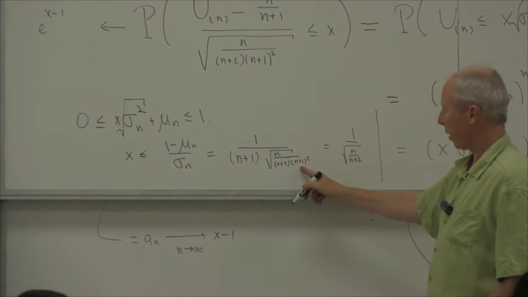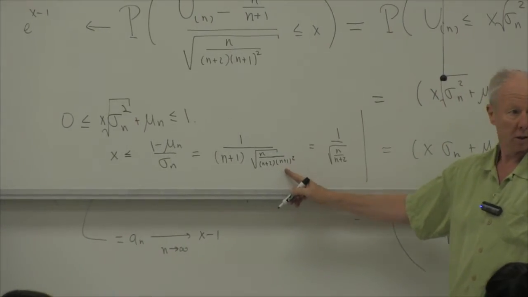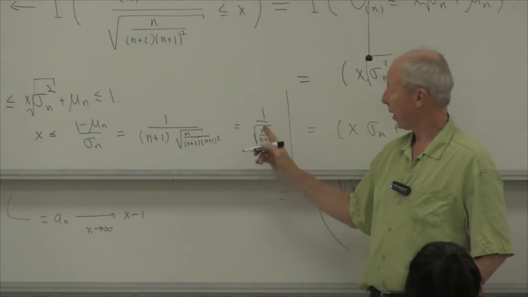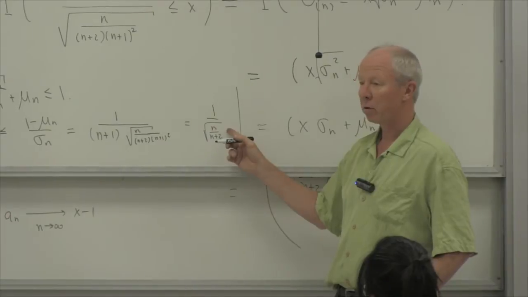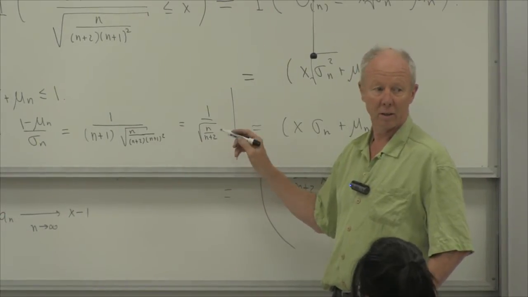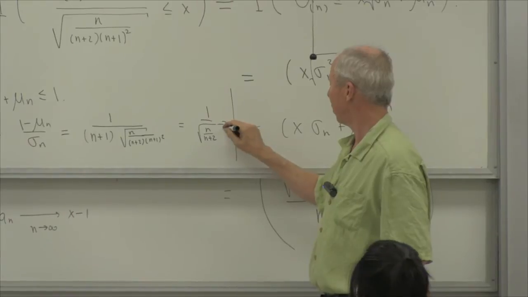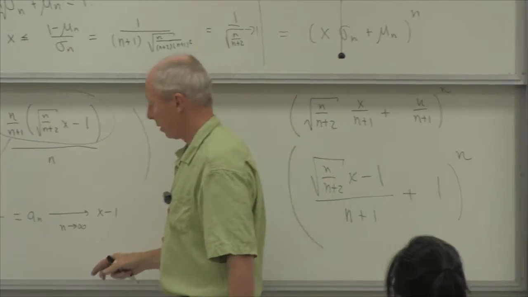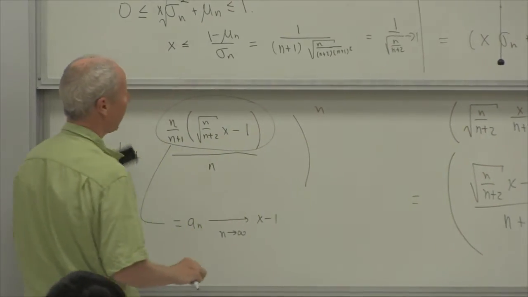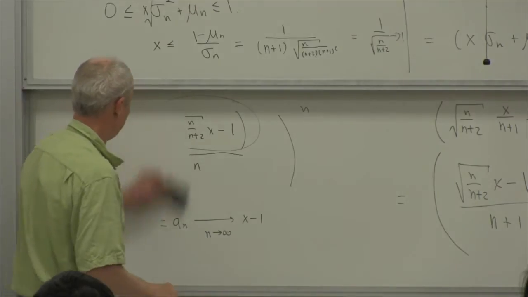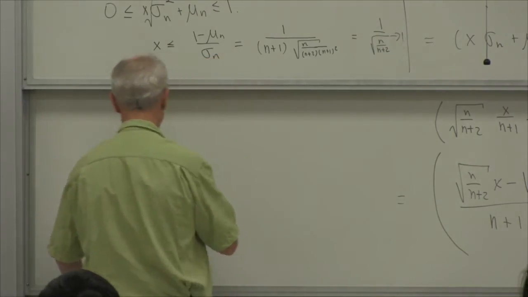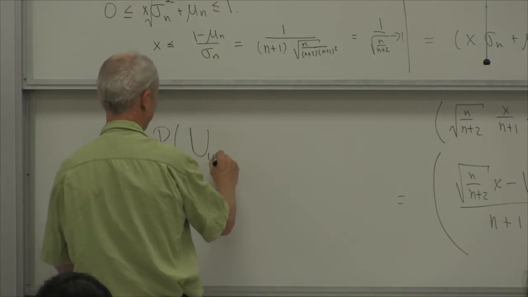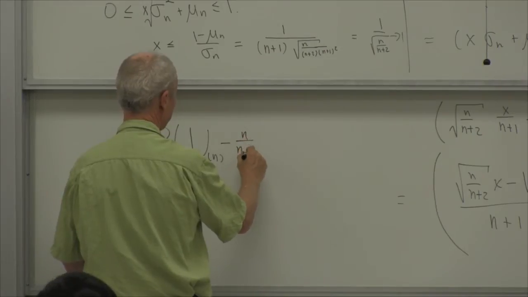This n plus 1 and this one down here will cancel. It's n plus 1 squared, leaving n over n plus 2 square root. And what does this do as n goes to infinity? Goes to 1. So this is good as long as x is less than or equal to 1. And the CDF for x bigger than that would be 1. So the limiting CDF for the standardized max